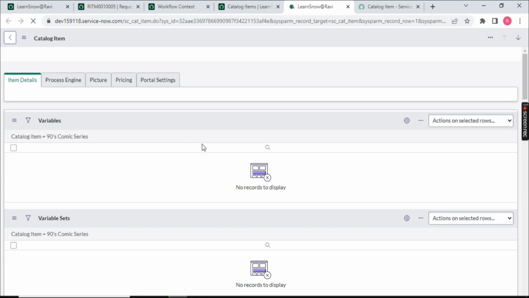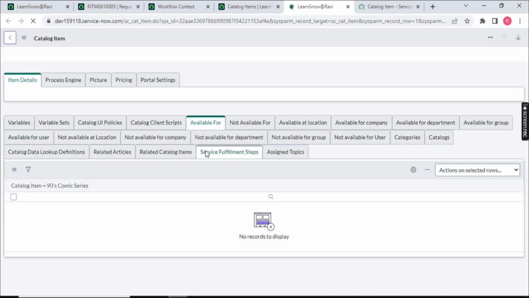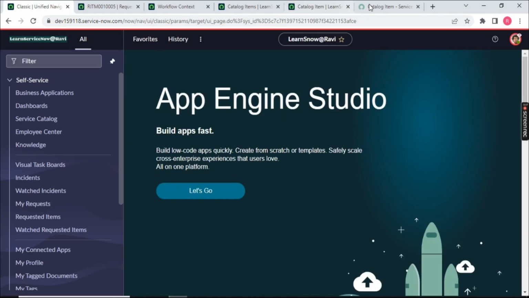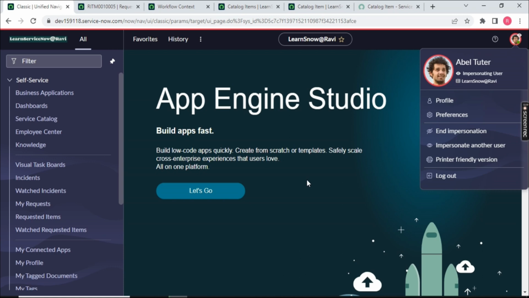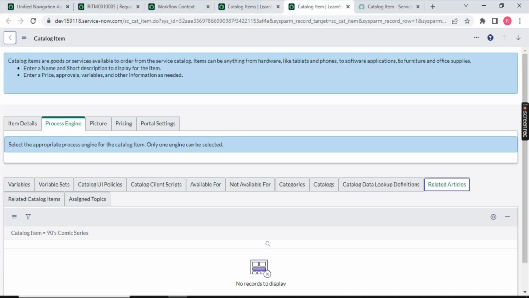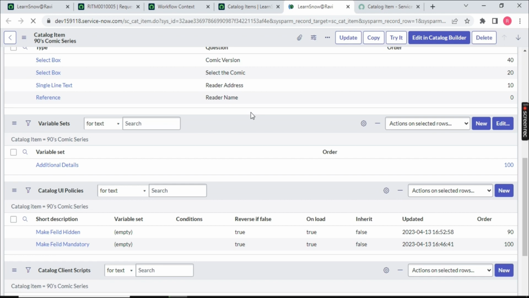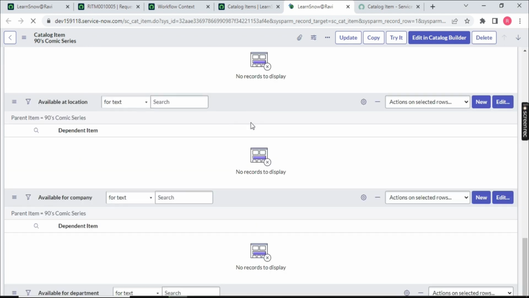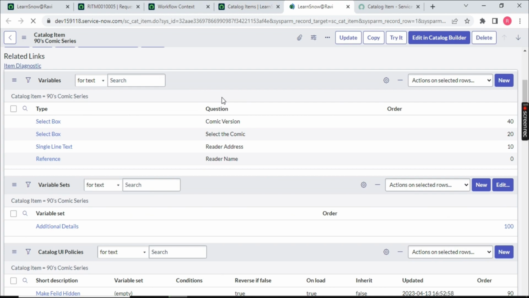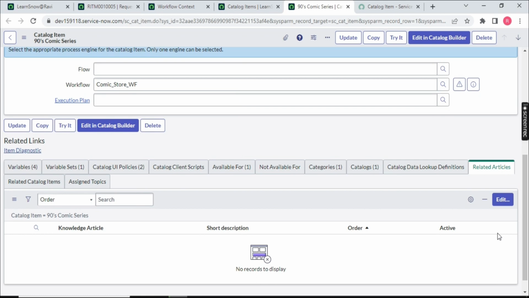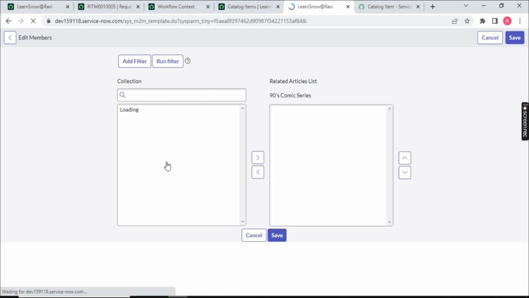And what else is remaining? The last topic, which is your knowledge article, which is you can attach that article on this option called related article. Okay, I need to end impersonate. Yes. Refresh the page now. Just wait, let it load it. Yeah, related article, click on edit and you can use any article which you want, which is relevant to your